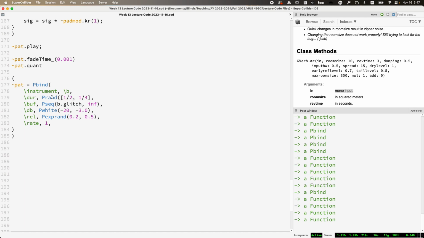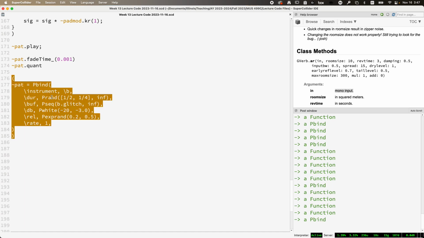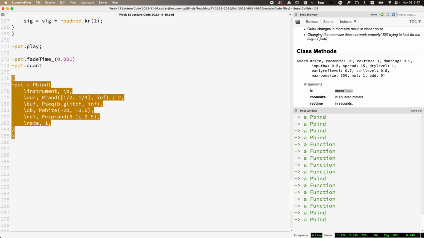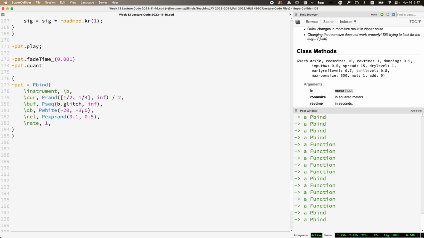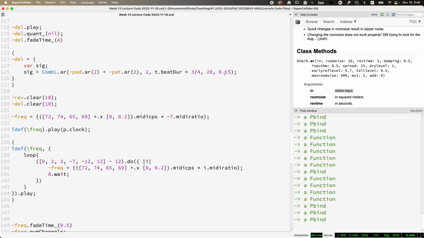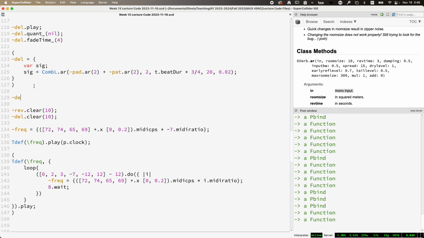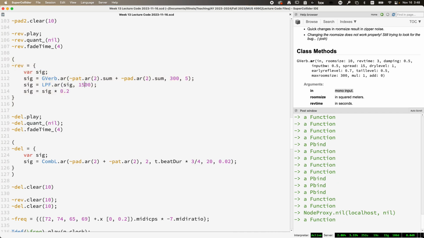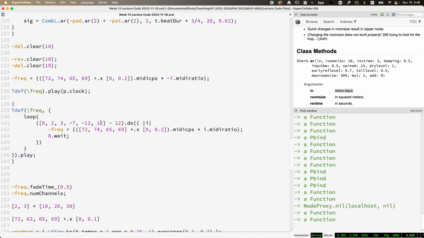Okay, so I'm just kind of sparsifying the rhythm here. Where's my delay? Just gonna fade this out, a little gradual. And maybe I'll stop this Tdef